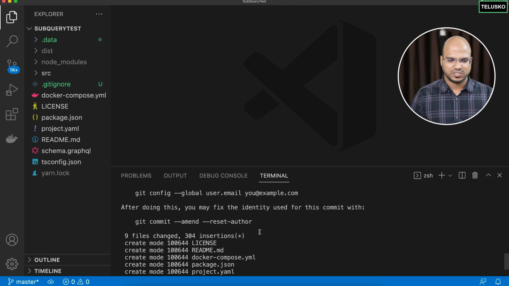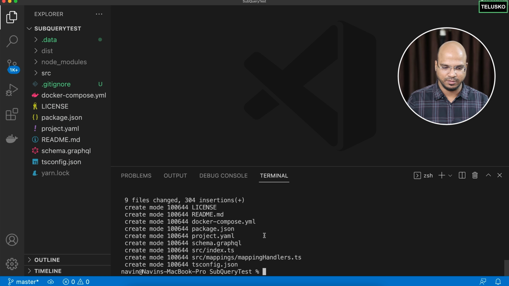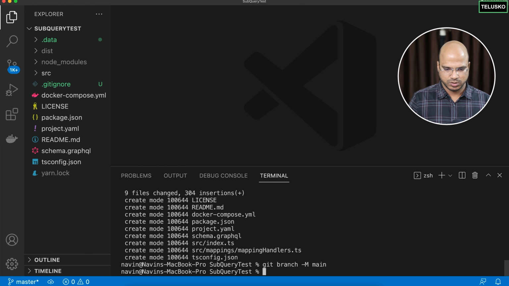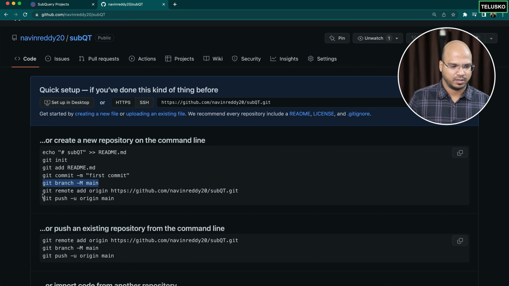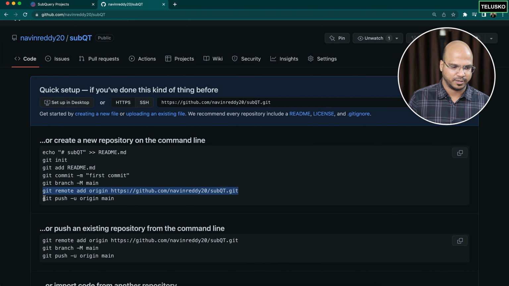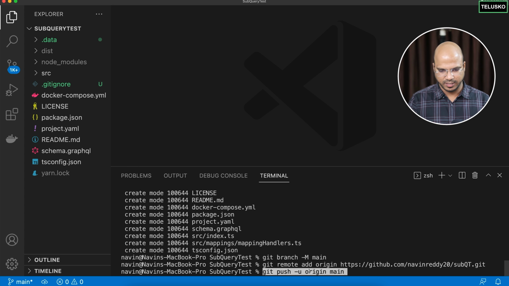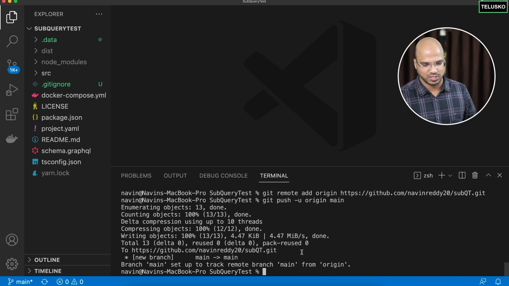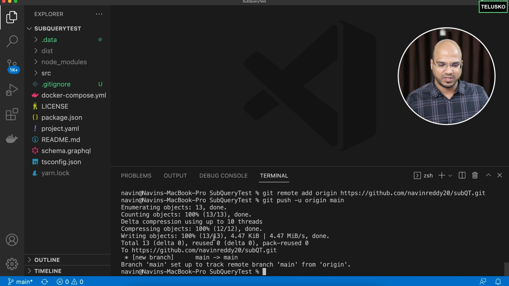And you can see all these files have been committed in my local, and now it's time to push it on the repository. Now, where do you want to push this? I want to push this in a main branch. So let me create a main branch, and then I can just connect with my remote here. You can just follow the steps and it will push your project on GitHub. And this is not the GitHub session. This is Subquery. So I'm just doing this very fast. And the moment you do that, you can see everything is pushed on the server.